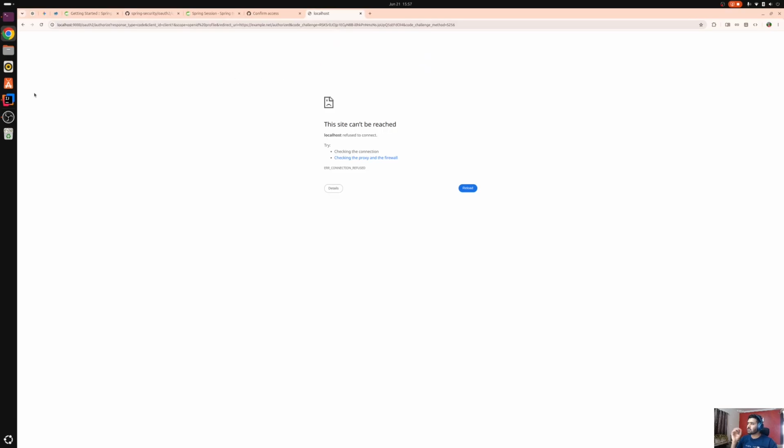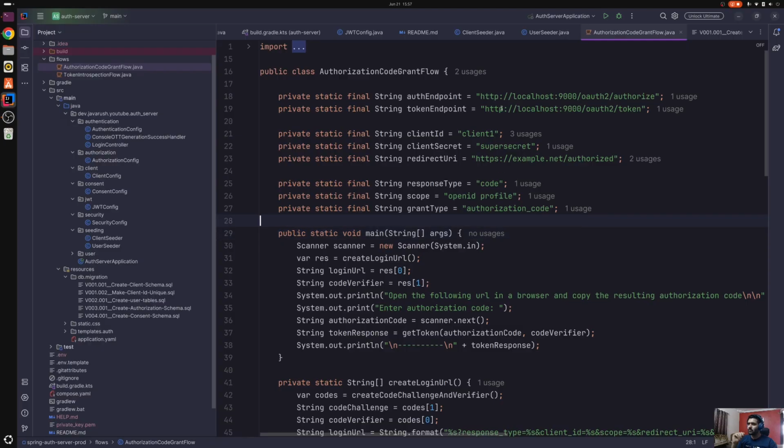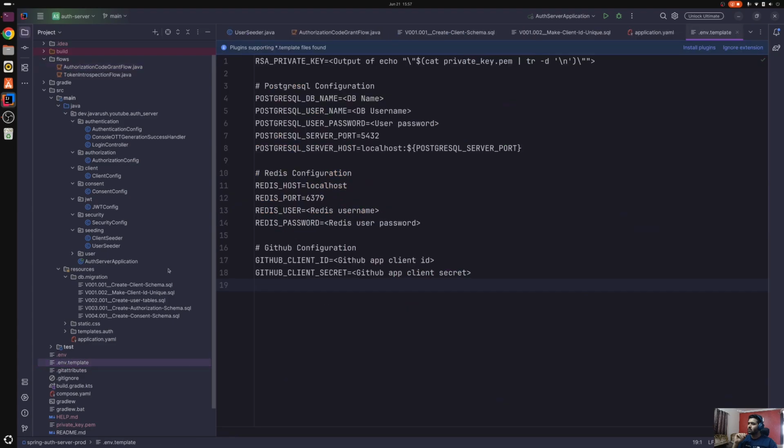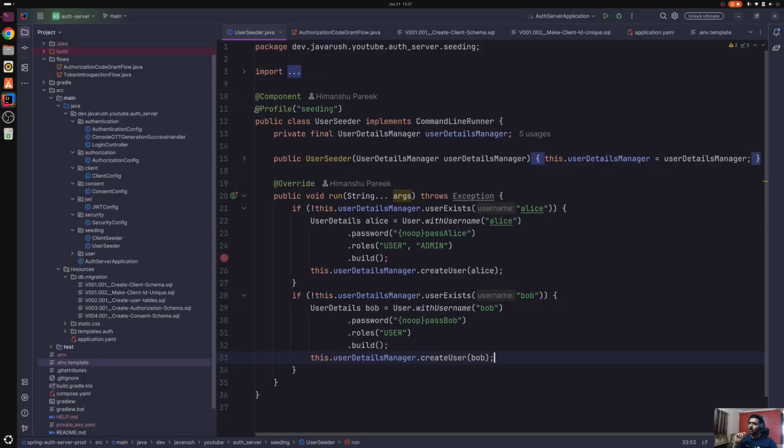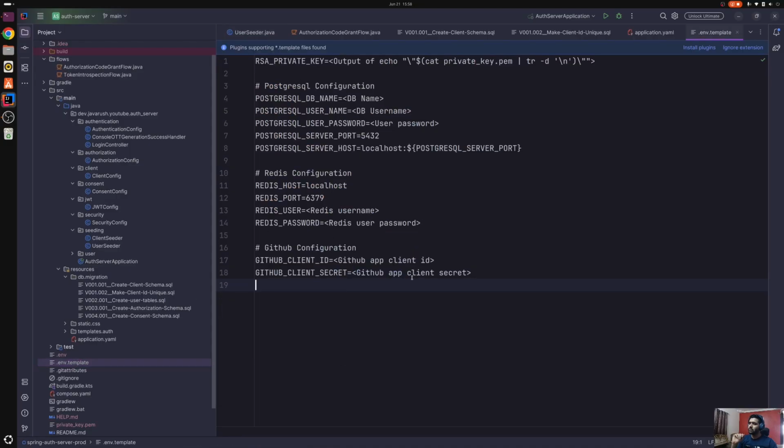It says this site can't be reached because this is not running. And in the env.template, you can create this one. If you see users this seeder, here I have created a component and profile seeding. So this bean will be available only when seeding profile is active. But by default, no profile is active. So what you can do is here, you can create one